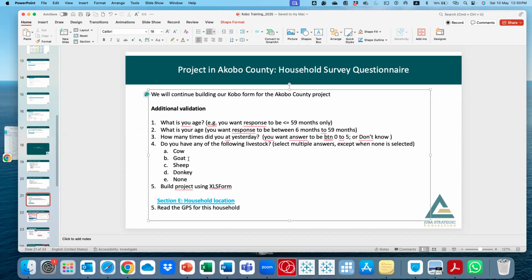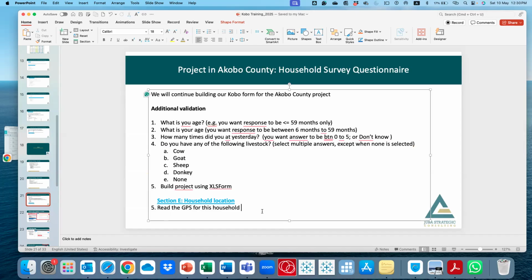Do you have any of these livestock? Cows, goats, sheep, donkey, and none. So somebody can select that they have all three. But in some cases, you find enumerators selecting none, but also they select sheep. So it becomes very difficult to interpret some of those responses. We can see that later when we go to using the Excel form.